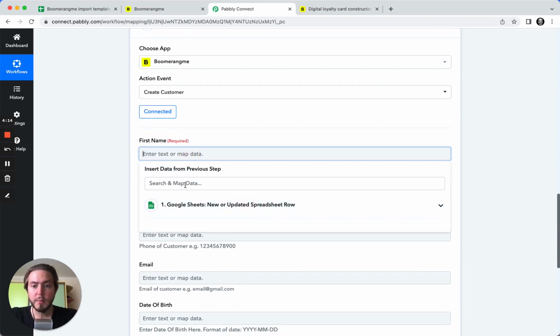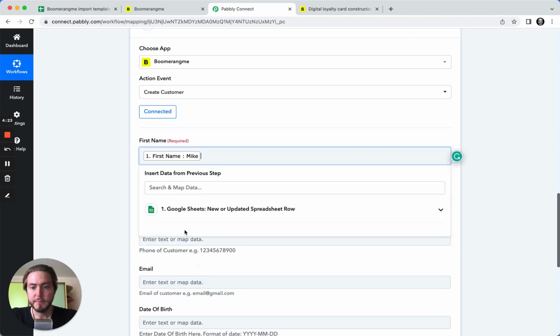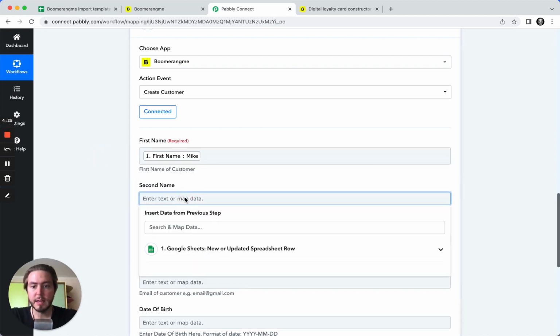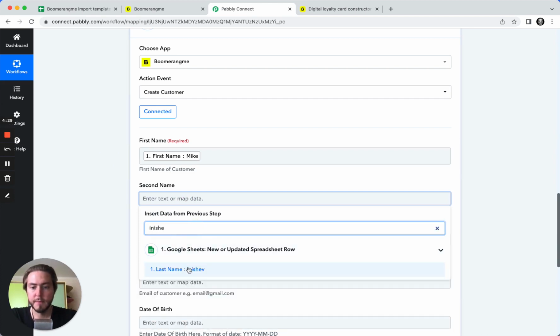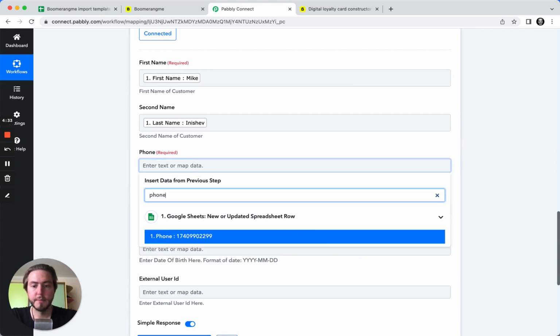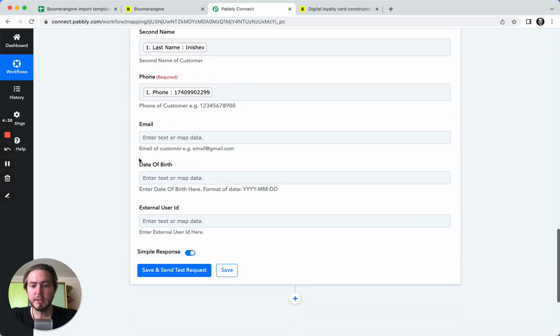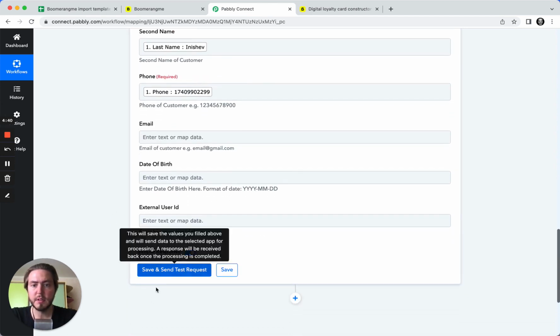And we need to map our fields from Google Sheet side to Boomerang Me service. Starting from the name. Next, last name. Phone number, and this is actually all we need to see the demonstration.